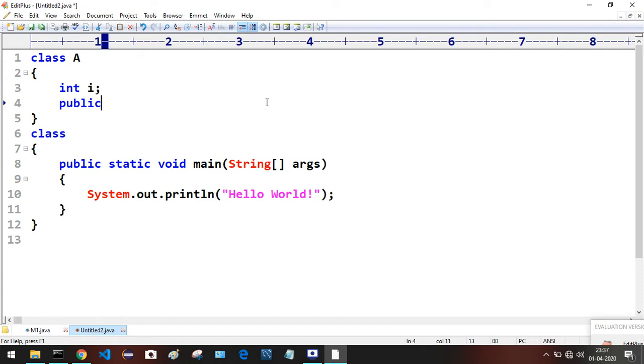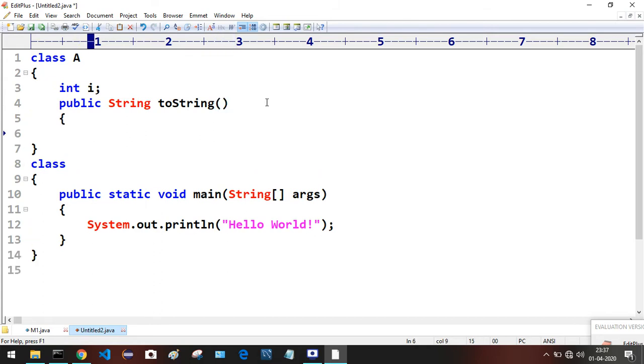The second member is a method called public String toString. In the method body, I'm just returning one string, like it's a type object with the i value as